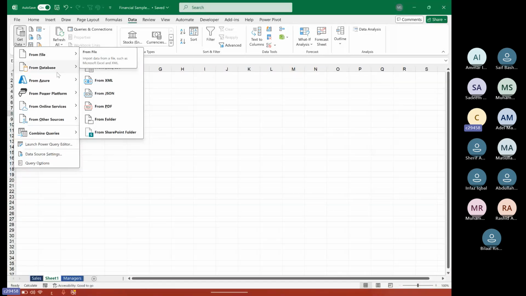Any type of data, or say 80 to 90% of any type of data you have, you will find it here, and you can transform it in Power Query. You can do it, of course, from Excel, text or CSV file, JSON file, PDF file, and of course, our hero is From Folder. And this From Folder thing is all about the automation that we have in Power Query.